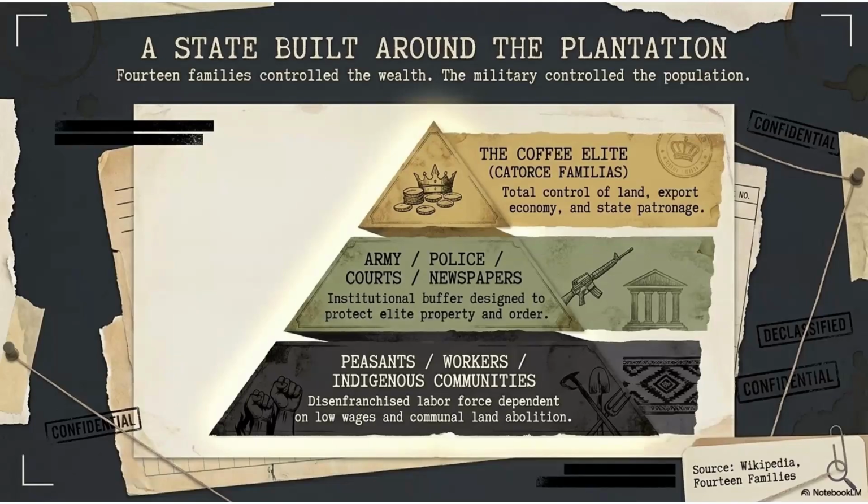So, when the poor organized for land reform, or when workers demanded rights, or when peasants formed associations, the state often treated these actions as subversion rather than citizenship. This helps explain the violence later. Repression was not just random cruelty; it was the enforcement mechanism of an unequal social structure. That is why the election story cannot begin at the polling station. It begins in the plantation order that shaped the state itself.